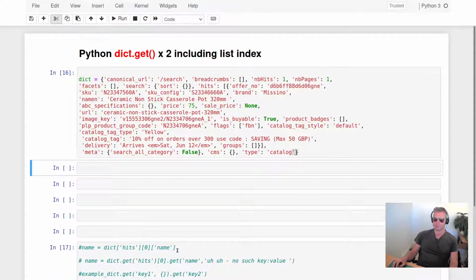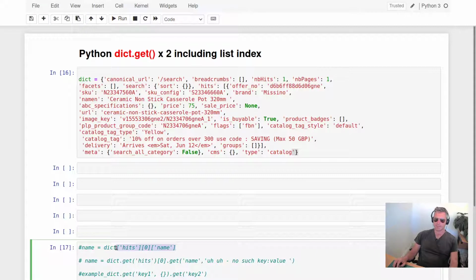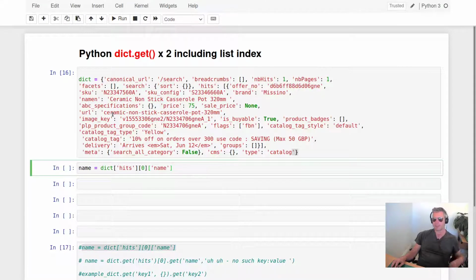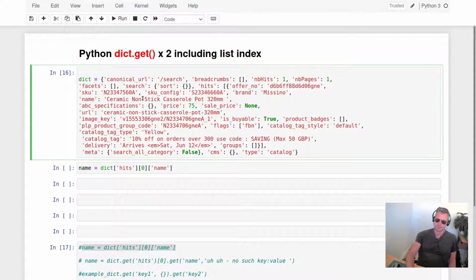So what we need to do is, well, if we stick with the traditional format that many people are more familiar with, then you will use the square brackets to identify the first key. And then what I want here is to get a key from the first list of the main dictionary. Now, as you can see just down here, let's just use this example first. So if I create a variable called name,